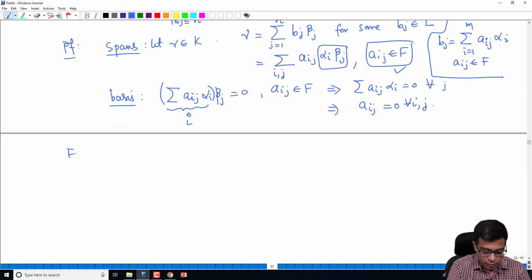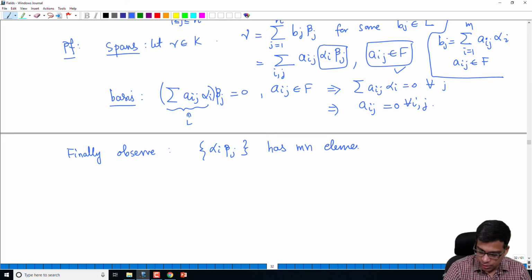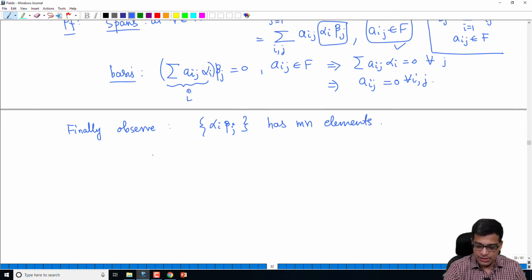Now the final comment is that alpha i beta j has mn elements. In other words, certainly we have mn choices for ij, but I am now saying that they can't become equal for different i and different j. Why is this? Because if alpha i beta j is equal to alpha i prime beta j prime, what we have is